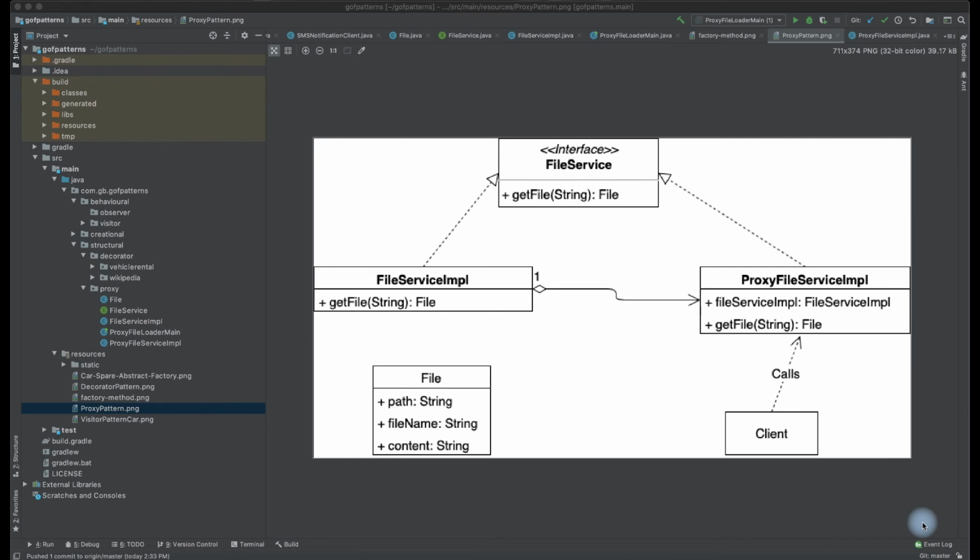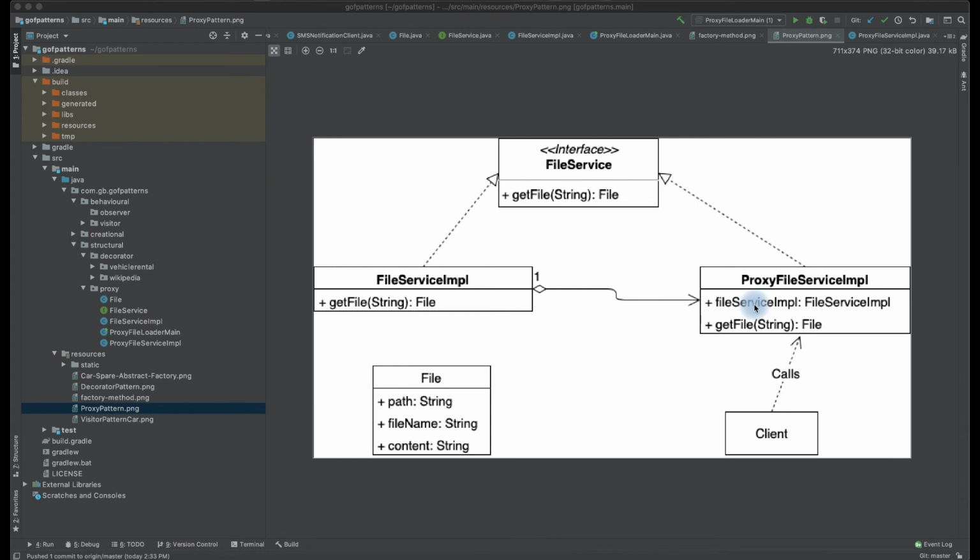We will go and hit the controller requesting a resource, right? Similar is the case here. I've used this proxy service, so everybody will call the proxy service. The interface is FileService, and it has a method called getFile, which takes in the parameter of file name as a string, and it returns the file back. The FileServiceImpl is the actual service which goes and looks for the file and returns it, and the proxy is the one which caches that file after receiving it,